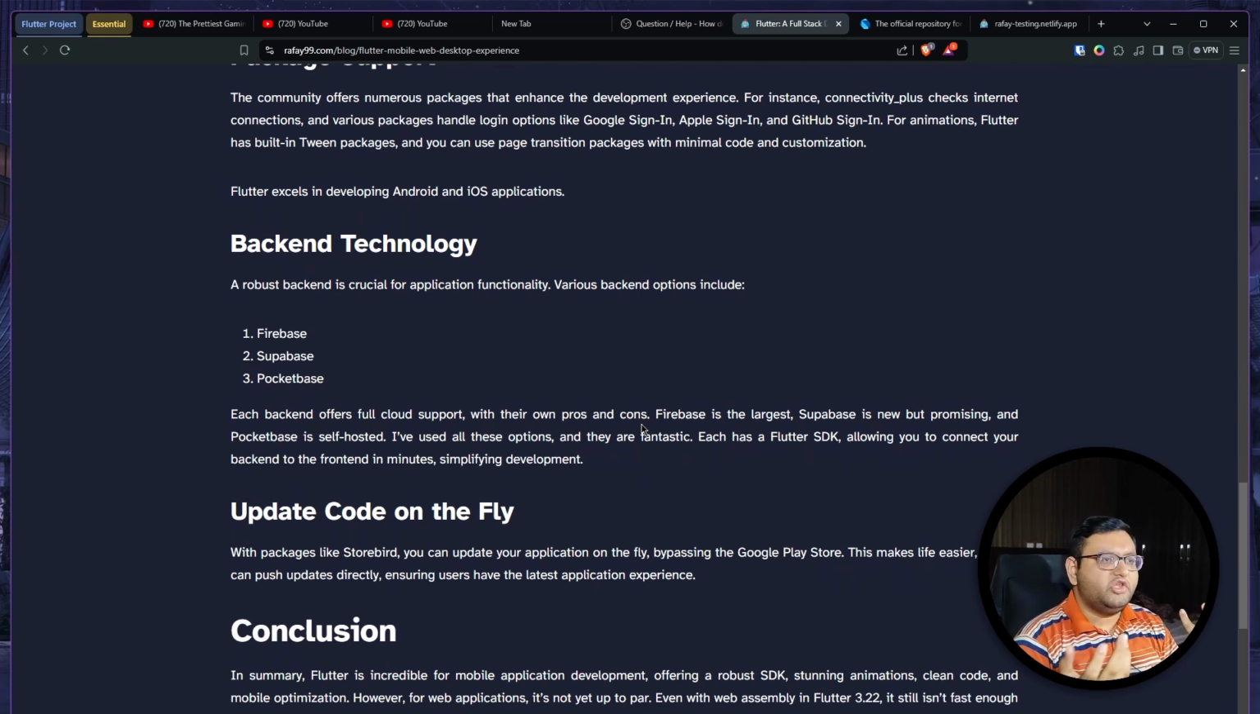There are three major players when it comes to backend: Firebase, Supabase, and then PocketBase. These are the three major providers. They have their own pros and cons. Firebase is the largest one, and Supabase is a new startup that has shown promise. And PocketBase is a self-hosted backend for you guys. They all provide a Flutter SDK so that you can connect your backend to your front end in the simplest way. And if you don't like